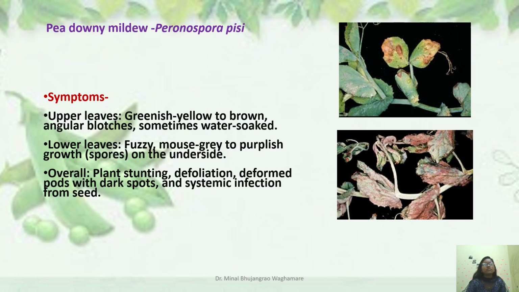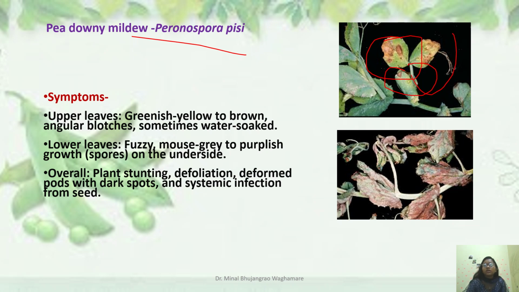Coming to the first disease, that is pea downy mildew. The causal organism is Peronospora pisi. Coming to the symptoms, greenish yellow to brownish angular blotches appear on the leaves, and water soaked lesions also appear sometimes on the leaves, and fuzzy mouse gray to purplish growth occurs on the underside